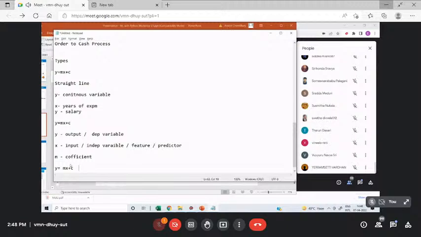Okay, so you have a univariate regression and a multivariate regression, right? The second type: what happens if I have y equal to mx plus c, but the difference is that y is a discrete variable?